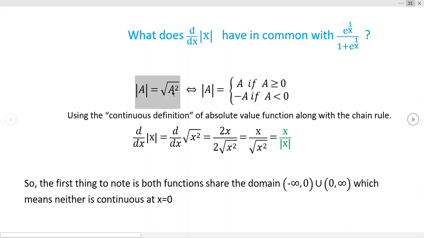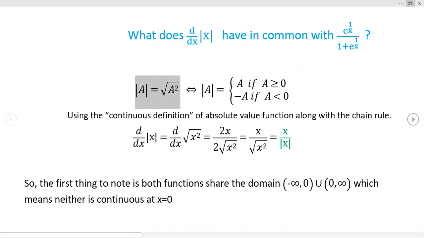Now, just to be sure here, let's say a was equal to -4. The absolute value of -4 is 4. The square root of -4 squared is the square root of 16, which is 4. So it's pretty clear that this continuous-looking version is equivalent to this piecewise discrete version. Now, it gives us a nice way to find sort of a closed form for the derivative of the